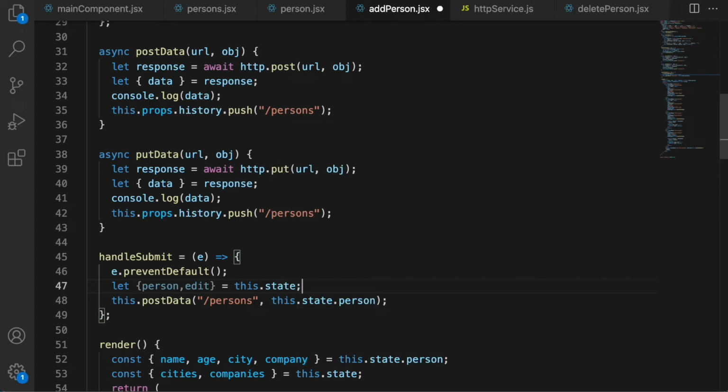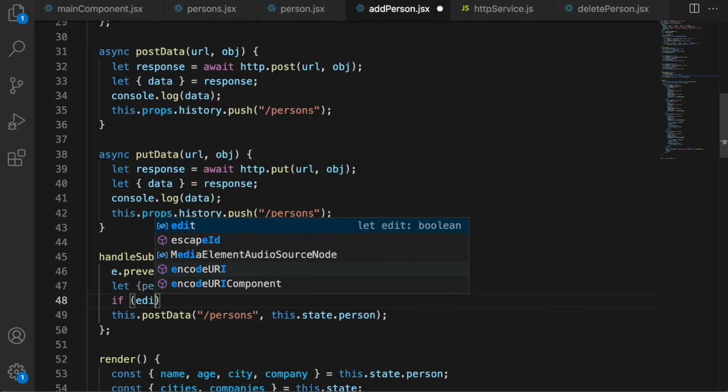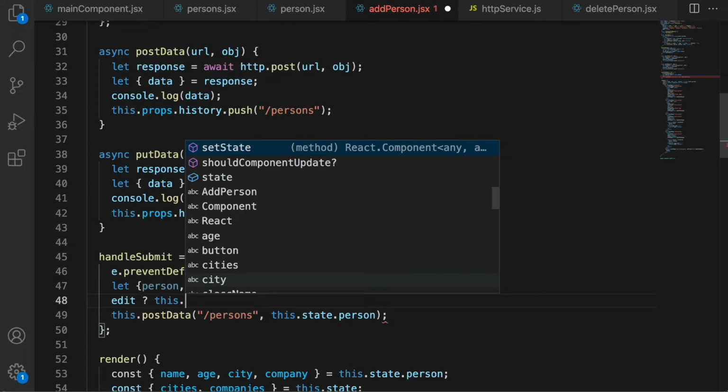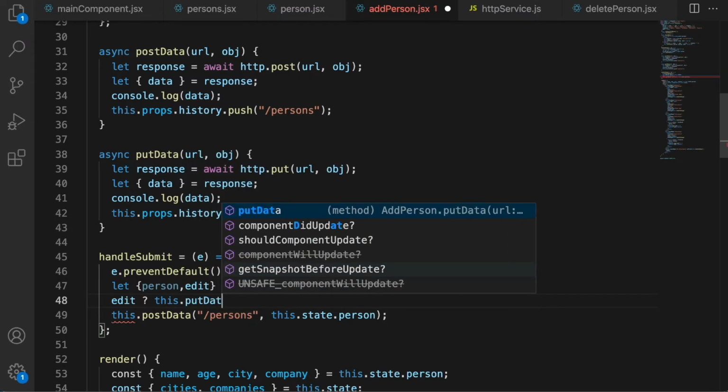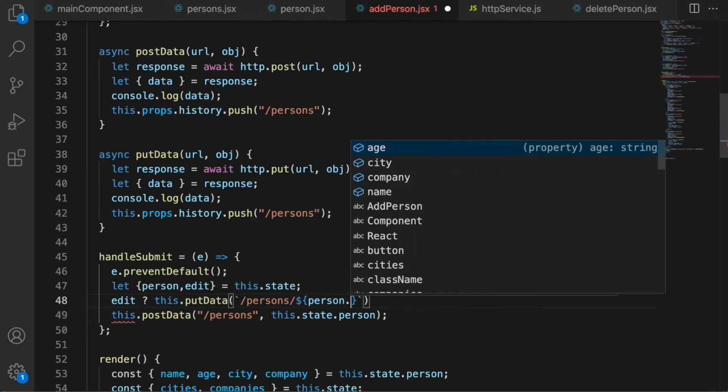Now if edit is truthy, or we can just say if edit is true, then what do we need to call? This dot put data. And what is the URL there? In that case it is slash persons slash dollar person dot id.